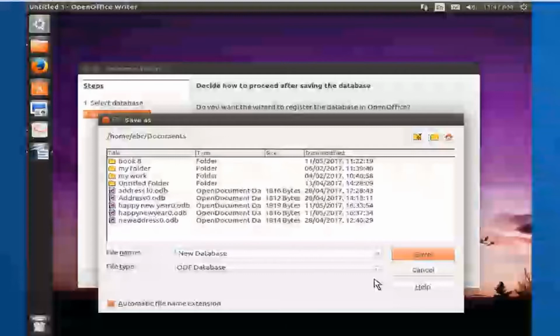Creating a database. To create a new database using the Database Wizard, select the Create a New Database option in the Database Wizard window and click the Finish button. The Save dialog box appears as shown in the figure. Enter a suitable name for the database in the file name box. Click the Save button. A blank database gets created which appears in a new database window as shown in the figure.